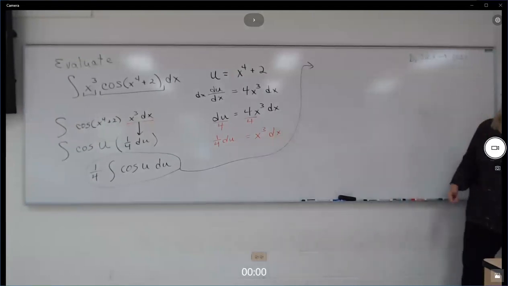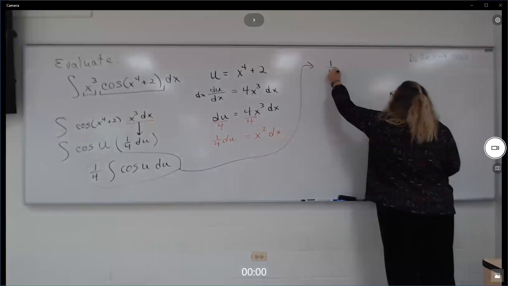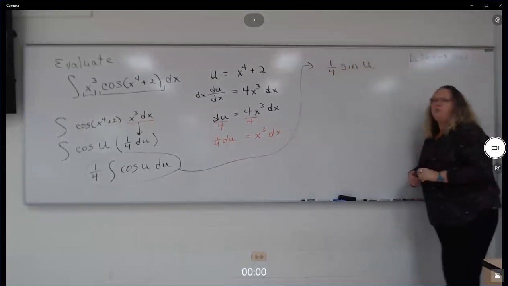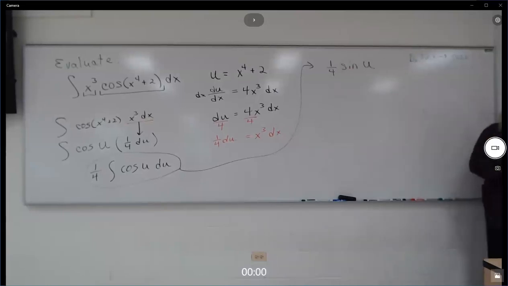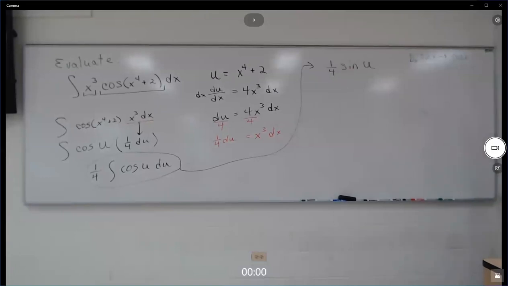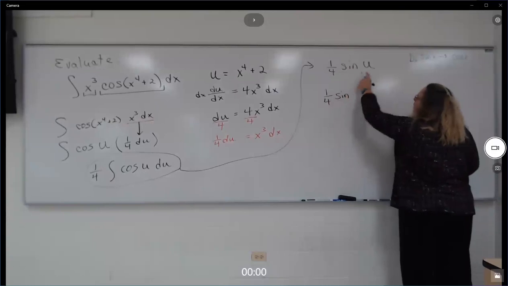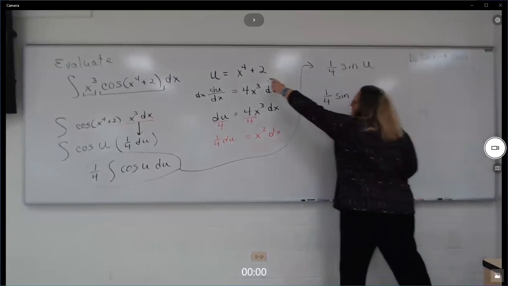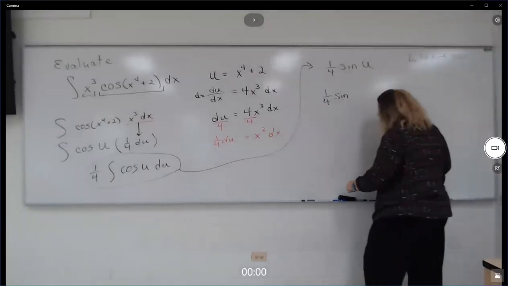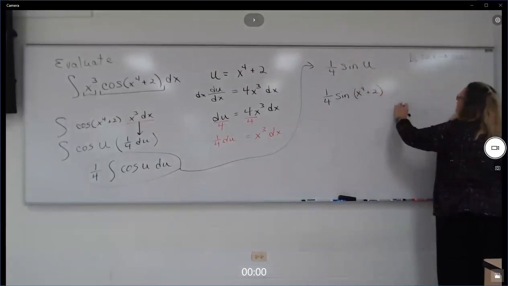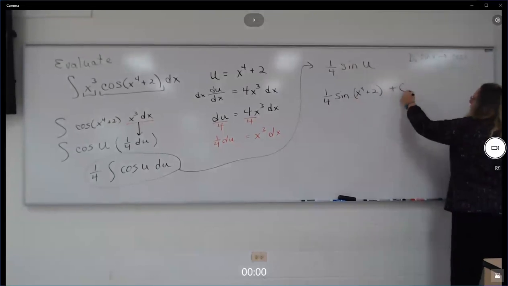Sine. Okay, the 1/4 stays. So sine, now the only problem is it's sine of u. And my integral's gone. I just took the integral. Now we just have to replace everything. So my final answer then is 1/4 sine, but u was x to the fourth plus 2, x to the fourth plus 2, and then because it's an indefinite,